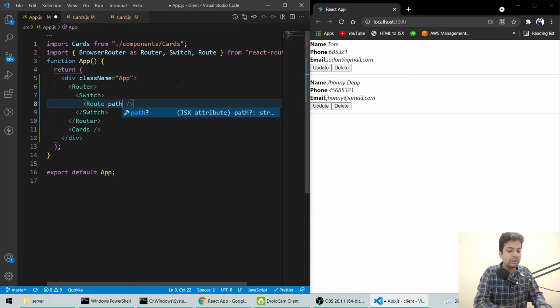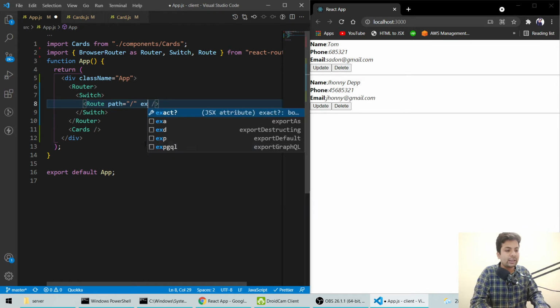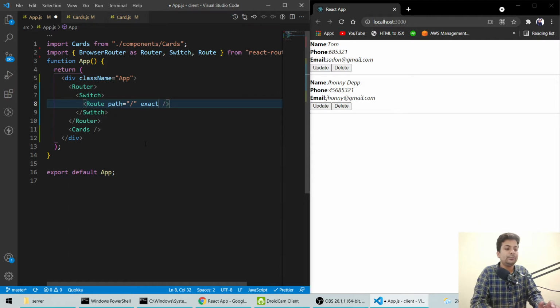We want it on the base, whatever the domain name is, or if you change it to update, it will be available on update. Exact means it should be the same. Exact means basically if someone enters the domain name, then only open it. If someone enters update, don't open this file, just open it only when there is a domain name.